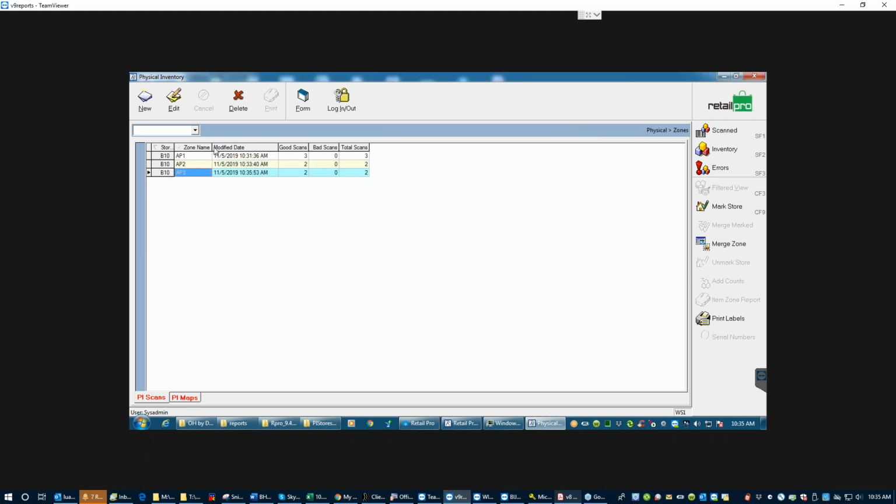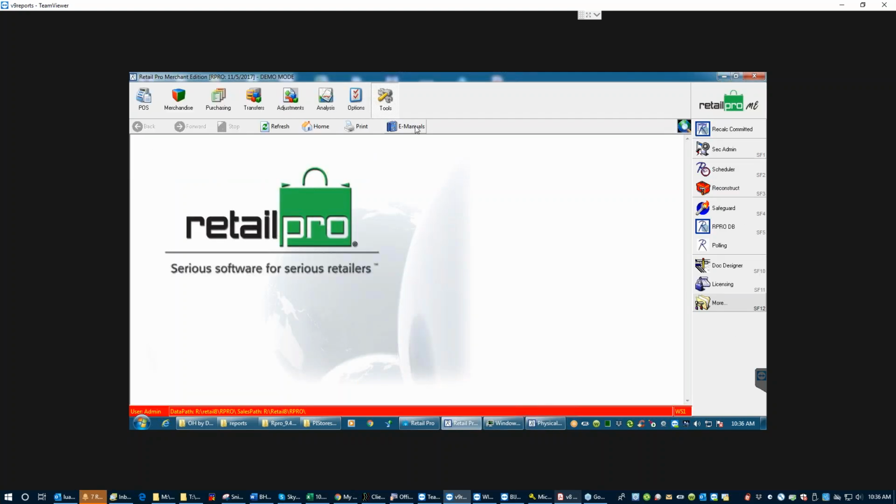Okay. The other way that people use manual entry, and if you're not aware of this, I just wanted to point this out, in the inventory